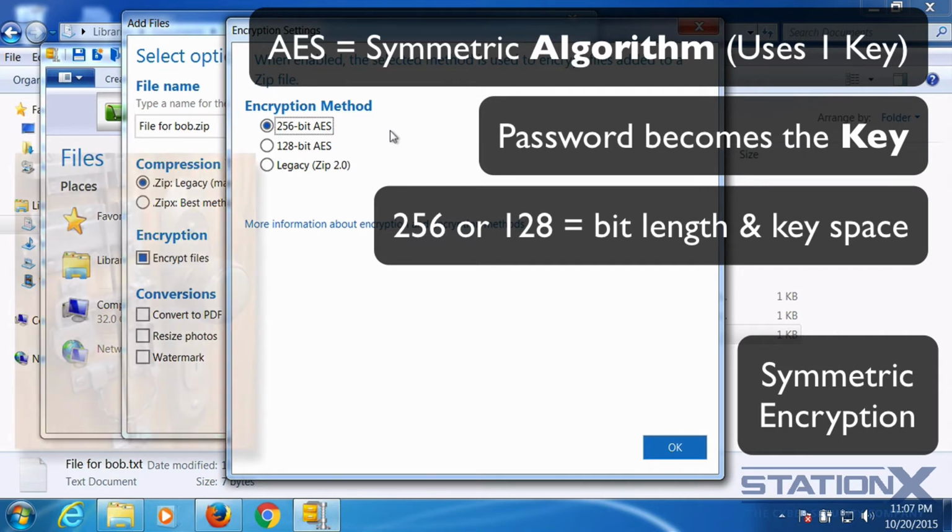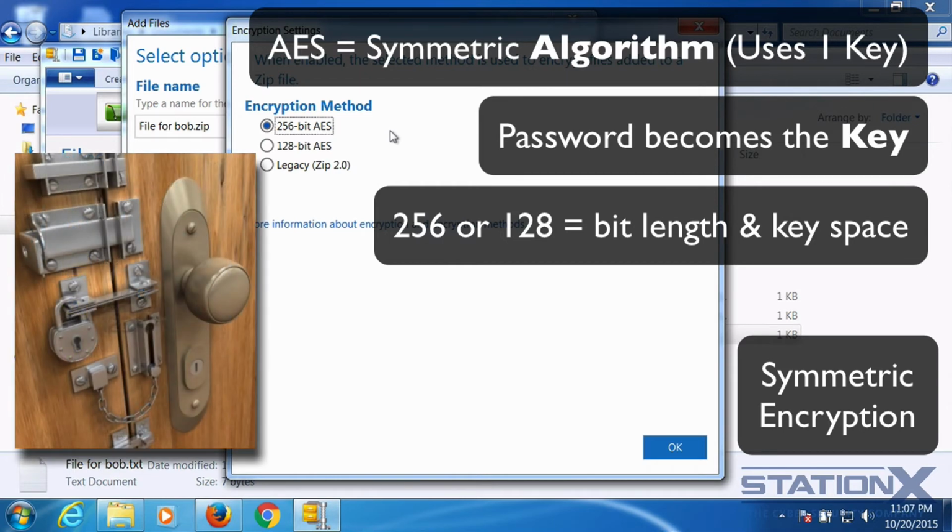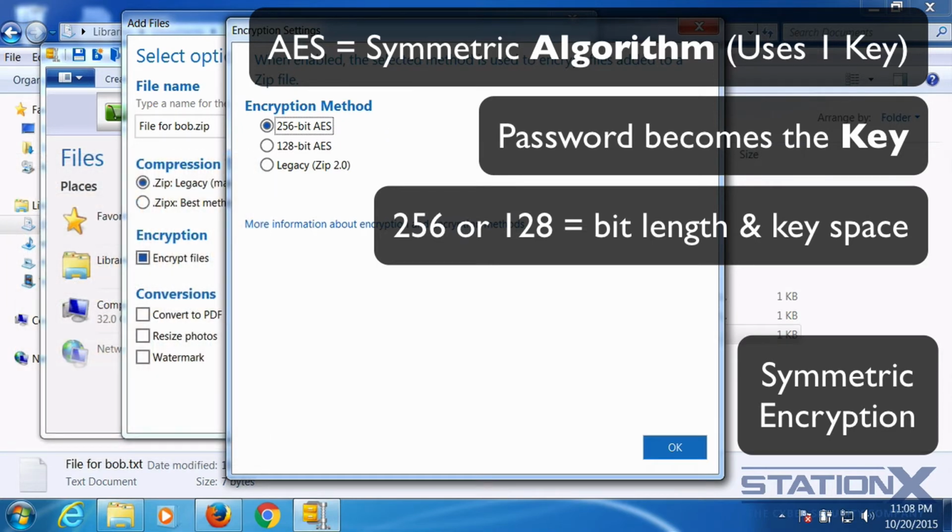Think about it, if you had a door and it had many locks on it, it would take you a long time to open and close the door, but it arguably could be more secure because it's got more locks on it. So again, this is the same. The higher the bit rate, the more secure it is, but the longer to encrypt and decrypt. The 256 is also the key space, which is the number of total possible different keys that you can have